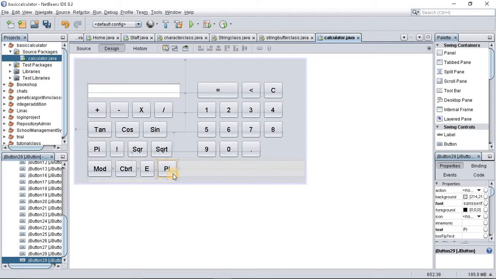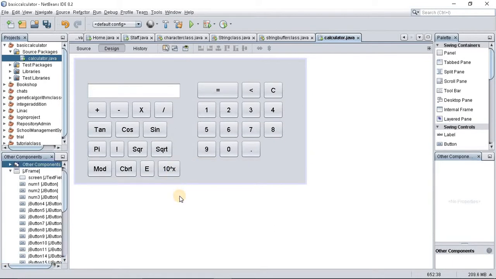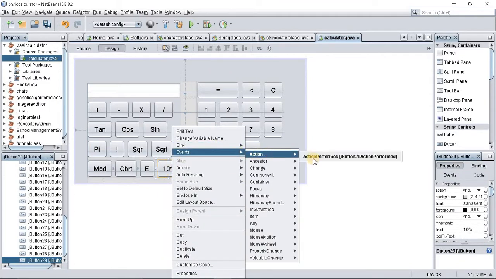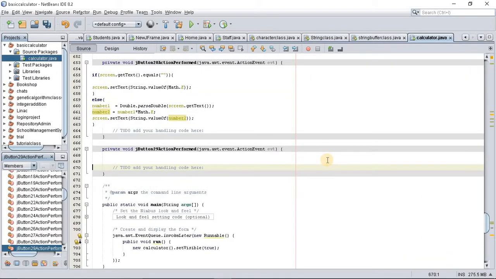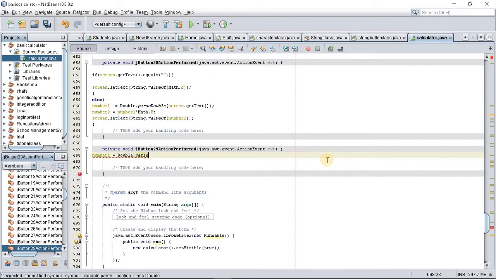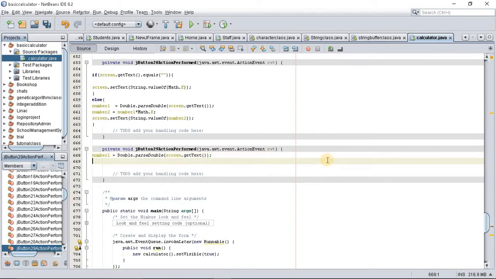Now going to 10 raised to power x. I think we have to do this. So right click, go to events, action performed. Now use the knowledge we have used previously. We're going to say number one equals Double.parseDouble(screen.getText()), and next we're going to be saying